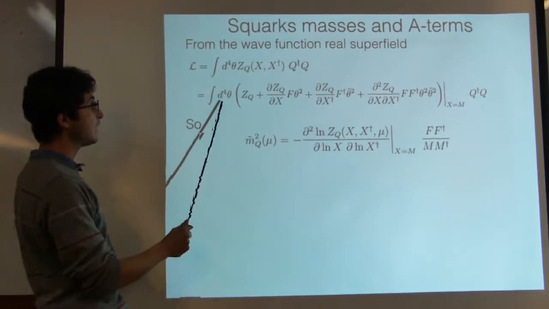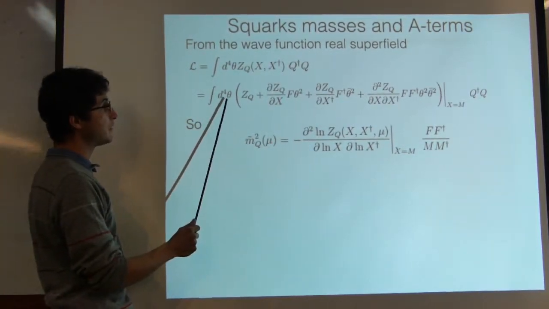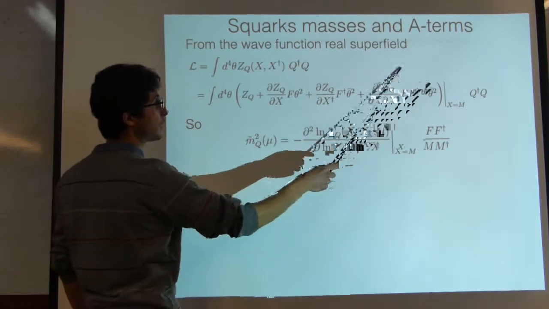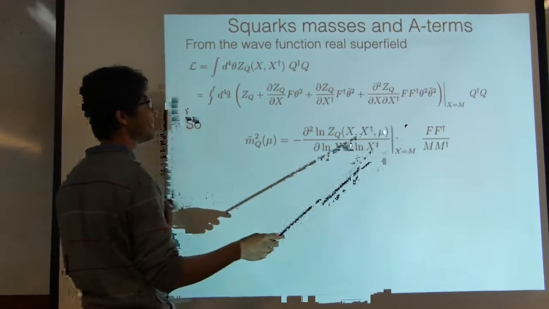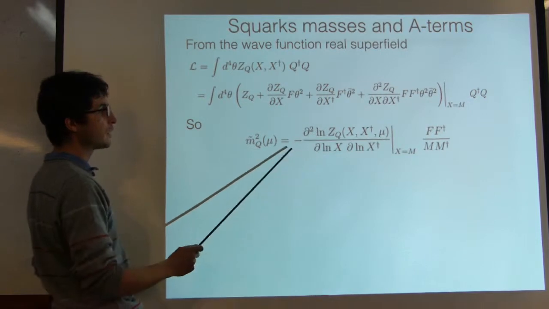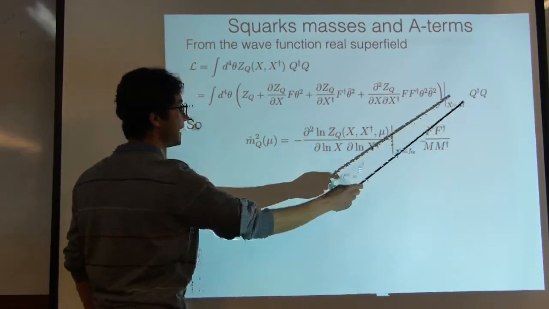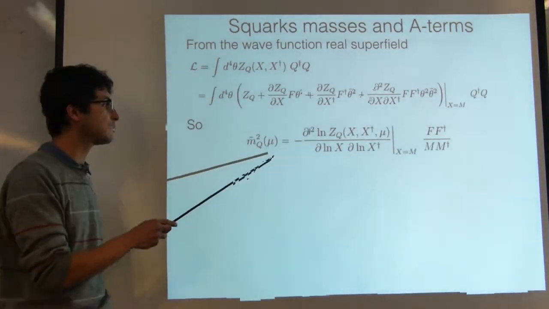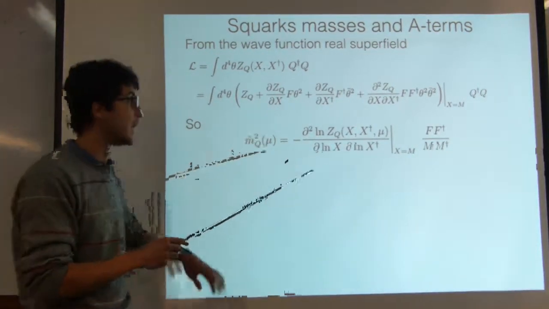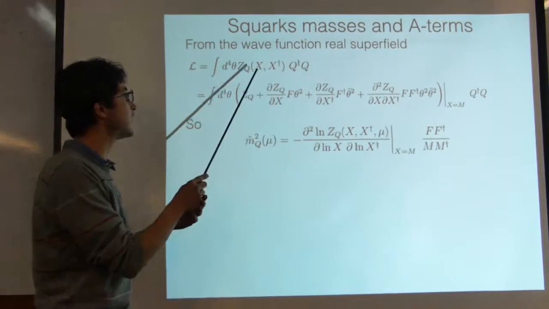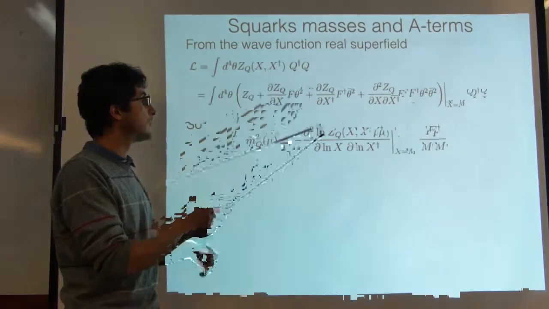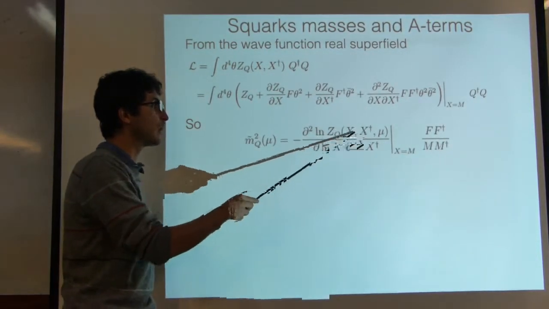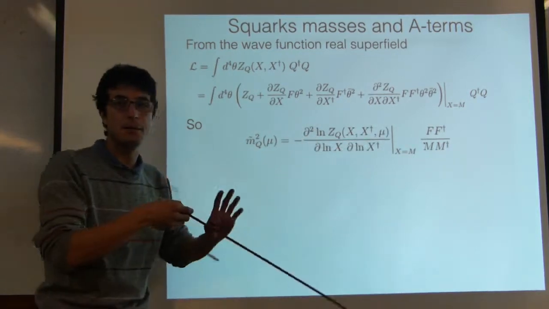Now taking the theta bar squared theta squared component, we can take this part, and after canonical normalization you will get a mass term for these guys this way. And this is the expression for the soft mass term. Again, I'm just using the fact that these guys should be real, should depend on these two guys, and also on the scaling here.